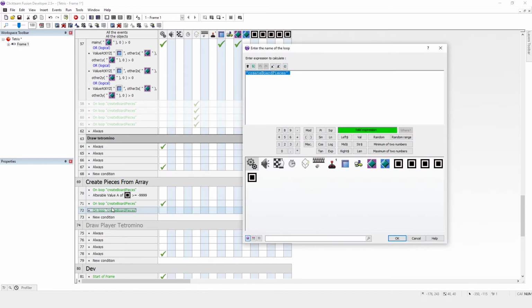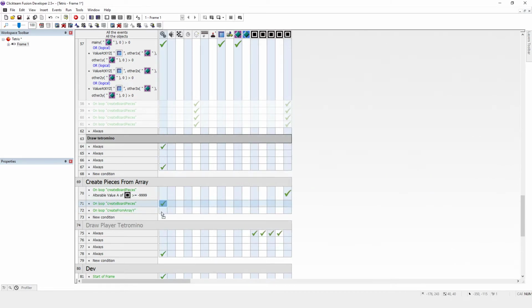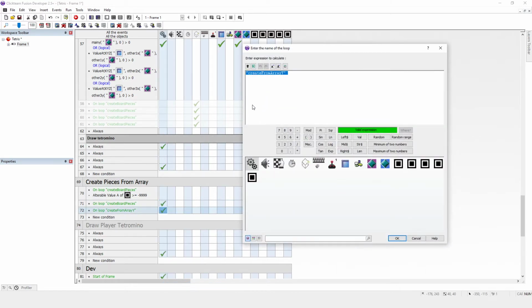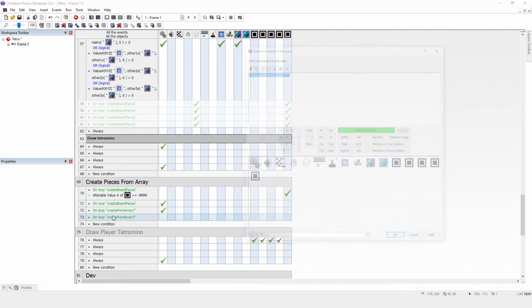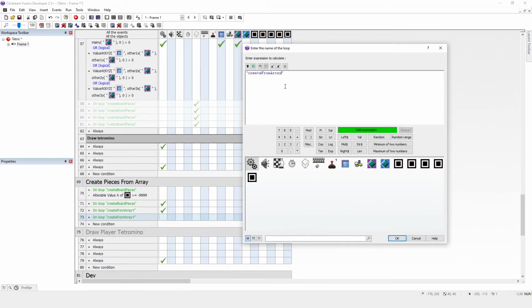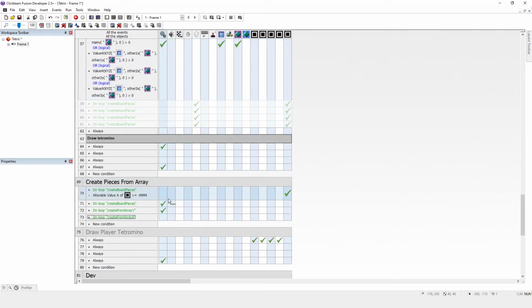Drag that in and rename that. And this time, I'm just going to drag this in because it's going to be for each column in the array, and there's 10 of those. Okay, so we're just looping through the array,